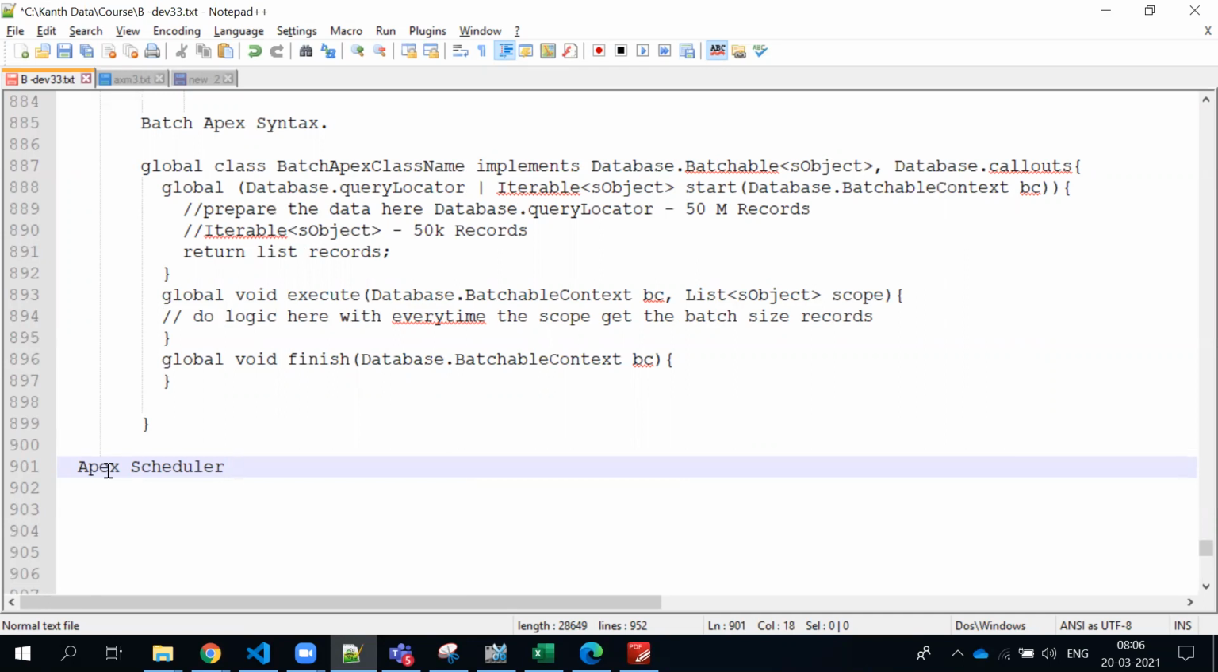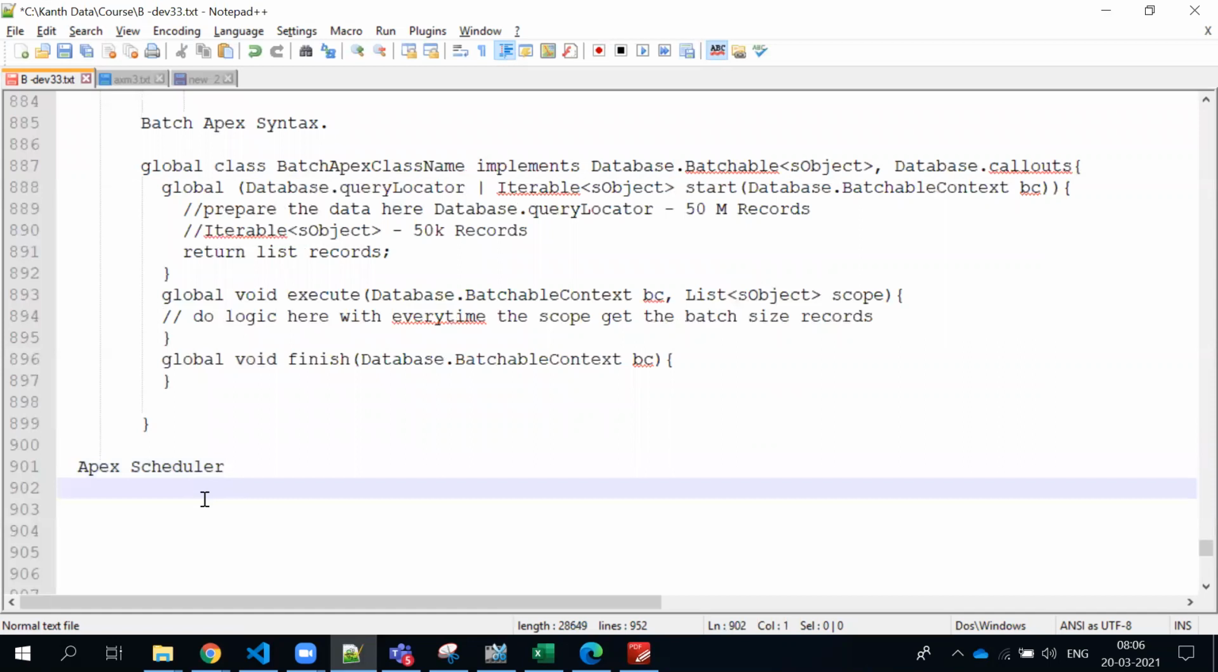As I said, how do you invoke it? You need to have a method. Basically, the way we implemented batch Apex, like Database.Batchable, where we implemented an interface, the same way we also have a scheduler implementation as an interface. The first point I wanted to say is